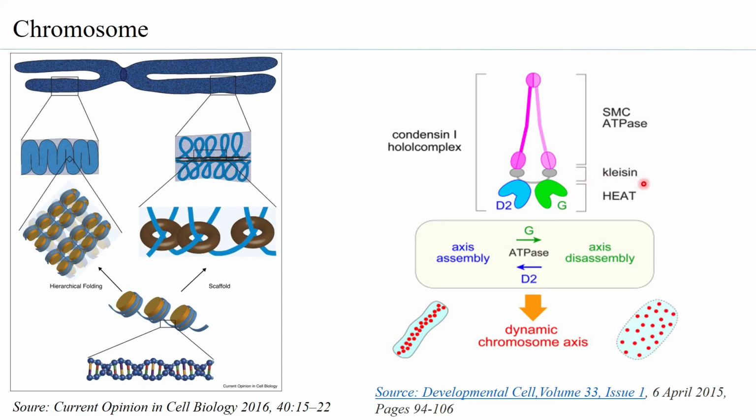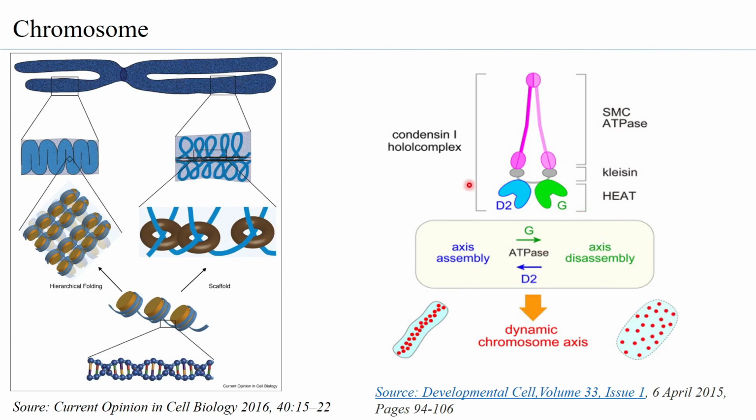It has one region which is called the kleisin, and 2 subunits which have a conserved sequence of amino acids: histidine, glutamic acid, alanine, and threonine. So these have this conserved sequence, and together all three help in forming the chromosome axis. So when required, the chromosome axis can be disassembled, and when required, it can be assembled again. Therefore, the condensins seem to play a very important role in formation of the chromosome, in such a way that